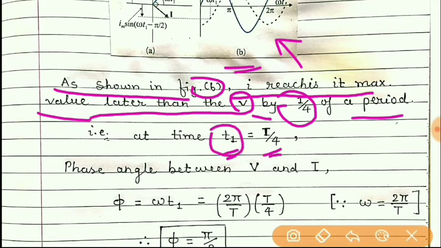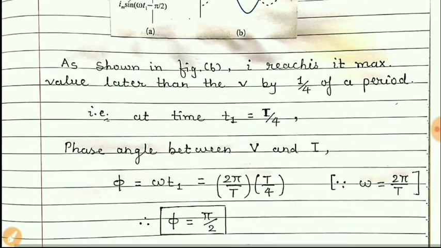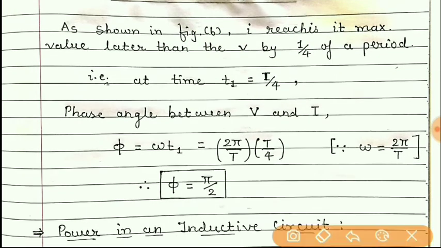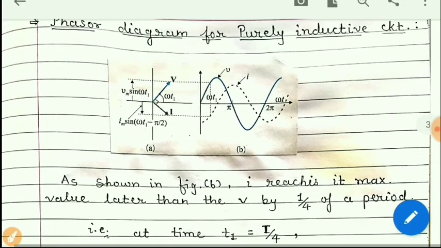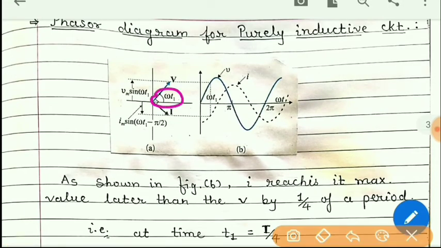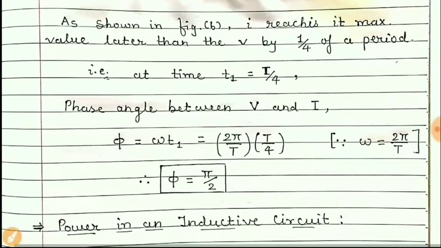This time t1 is equal to T by 4. Then in that case we can write that phase angle phi between V and I is equal to omega t1. You can see here at time t1 it is omega t1. So phase angle phi is equal to omega t1,